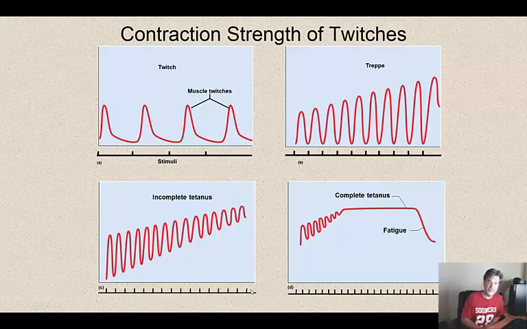That's incomplete tetanus. And if we absolutely maximize the rate, where we're stimulating at the peak, right when the contraction phase is ending, we will reach a point called complete tetanus. This is actually very rare in humans. Other animals can achieve that, but humans do not, except under extraordinary circumstances. Very rare though, and that requires an incredibly rapid rate of stimulation. And it will fatigue at a certain point. All of these could eventually lead to fatigue, but it does most definitely happen during